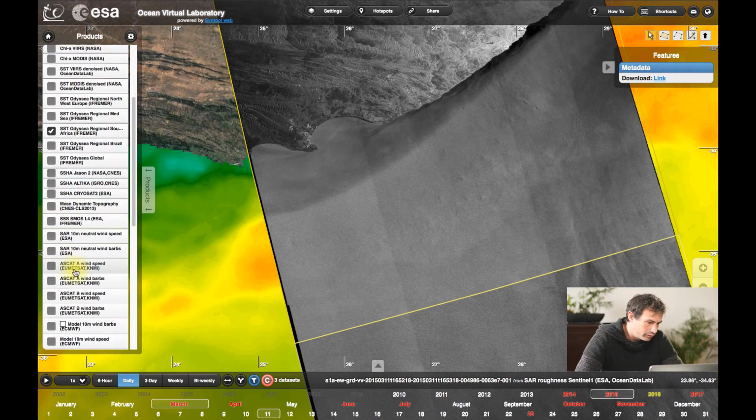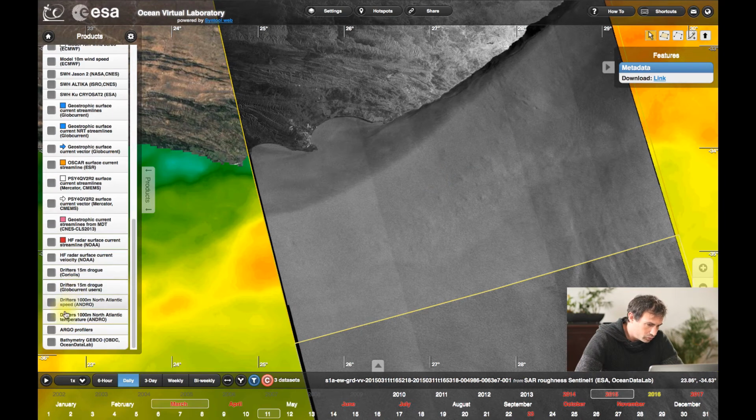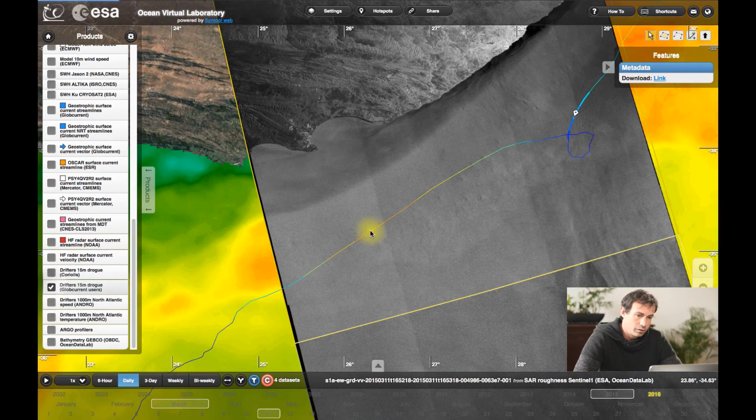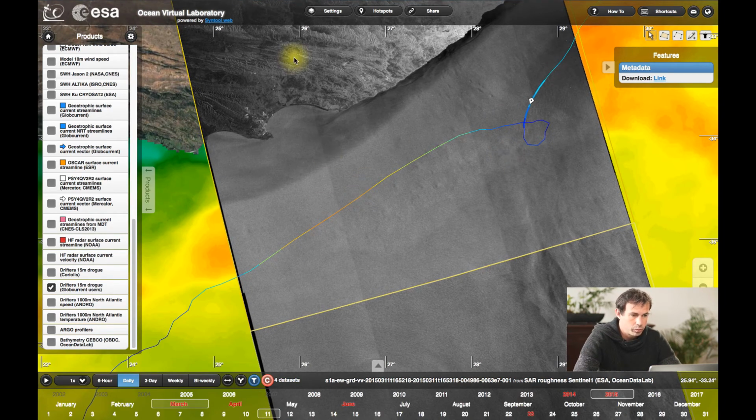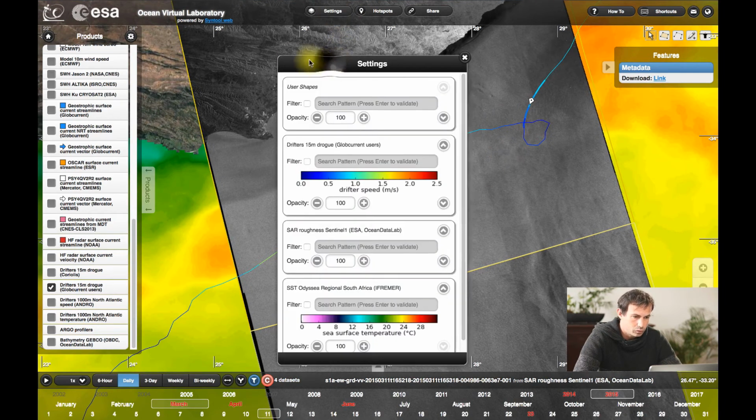And we also have the possibility to overlay drifters trajectories. So the drifters are actually some floating buoy that has a drag 15 meters under the surface and that are drifting with the surface current. So we represent the trajectory of this drifter for 1 month, and the color is proportional to the velocity.